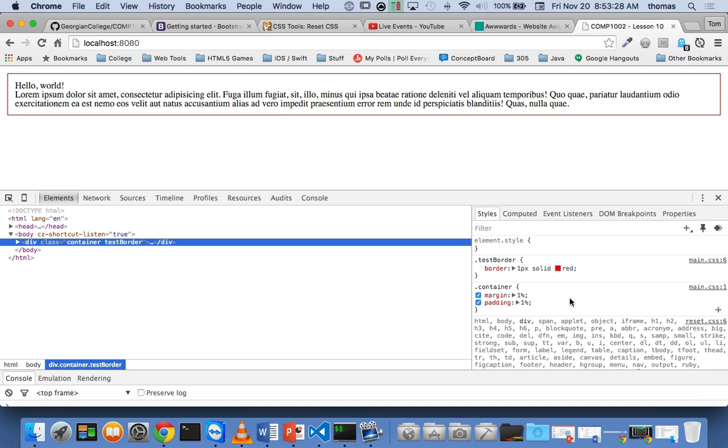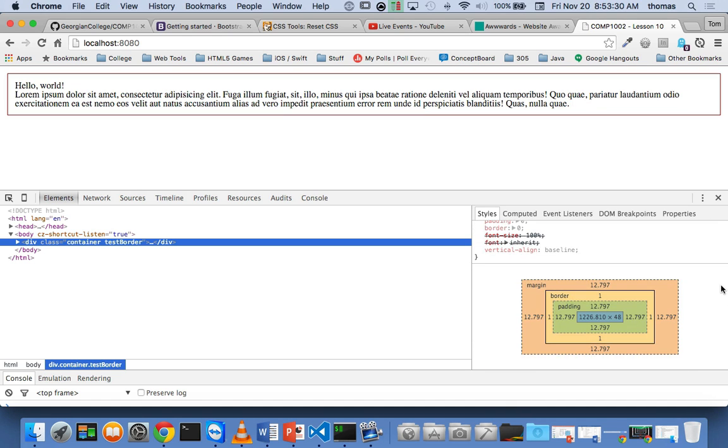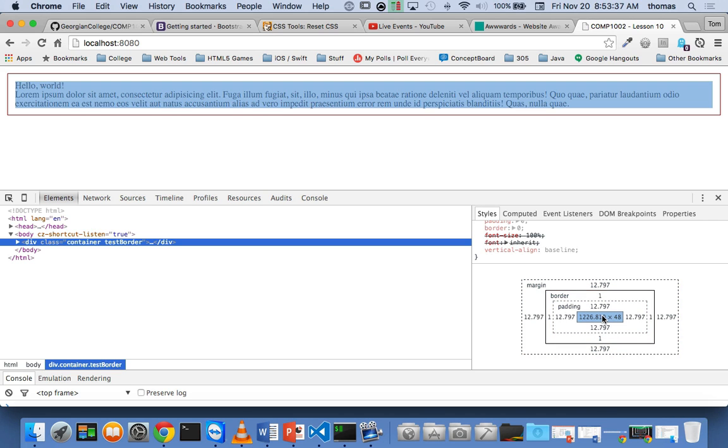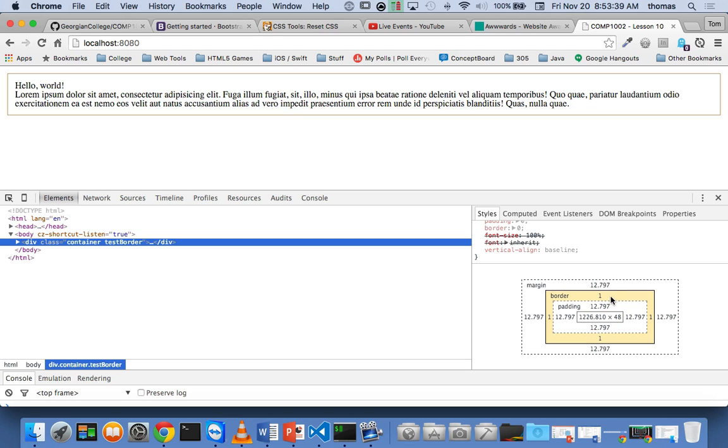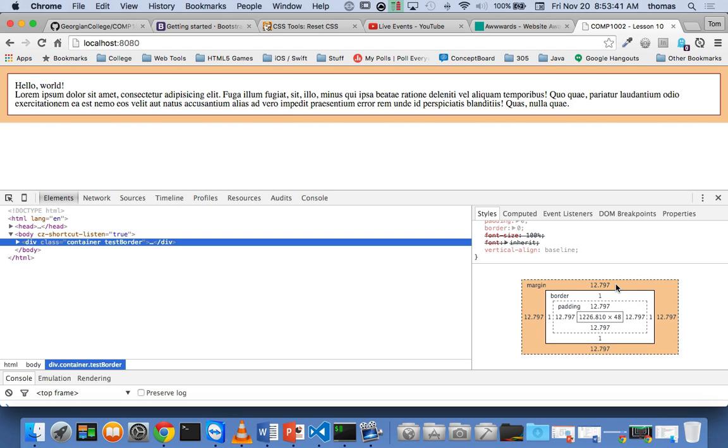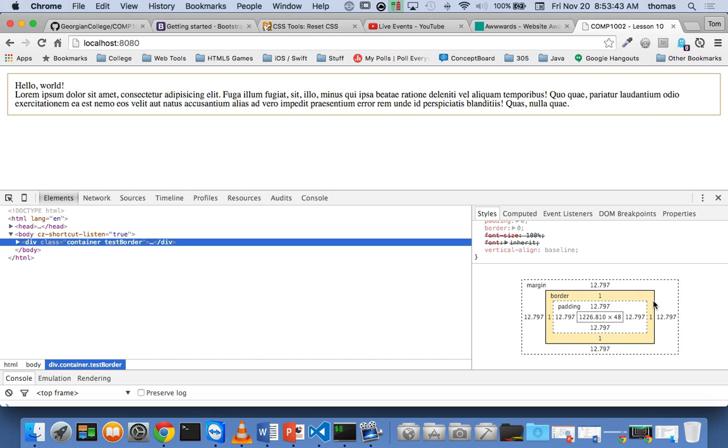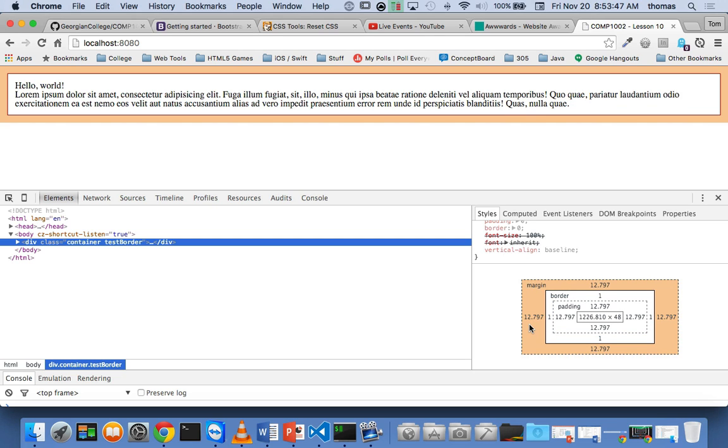So if I click onto there, you can see the box model on the bottom. If you're ever concerned about what the box model looks like, it's always in the bottom of your Chrome, right? So it tells you, here's the content, the padding, the border, and the margin, right? Notice how the border is 1 pixel is what I've decided on. And in this layout, the margin is 12 pixels,